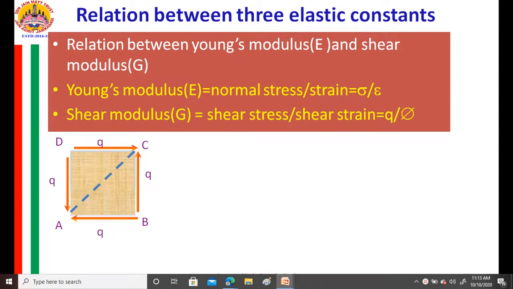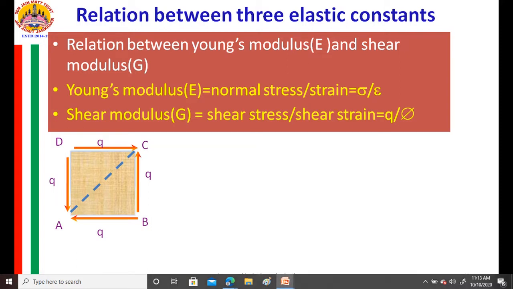Today I am taking a review of the same thing, revising it, as it is repeatedly asked: derive the relationship between Young's modulus and bulk modulus, the relationship between Young's modulus and shear modulus, or the relationship between all three constants. I have already covered it in the last class. I will revise it within 5 minutes and we shall go for the